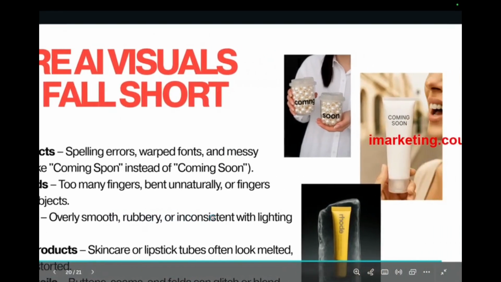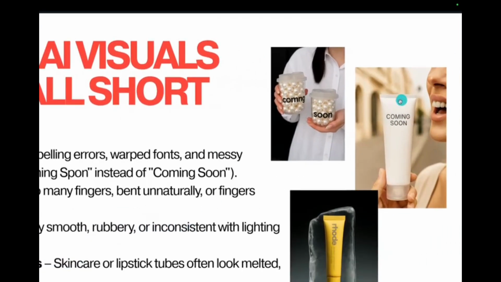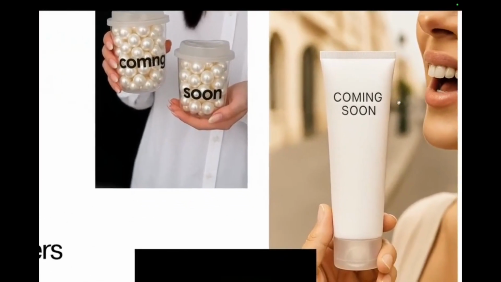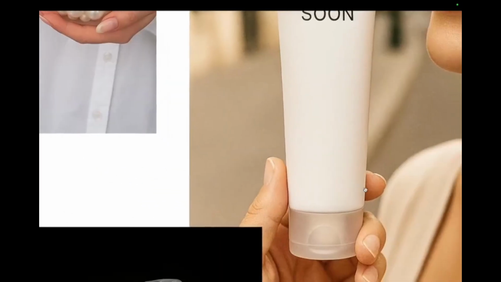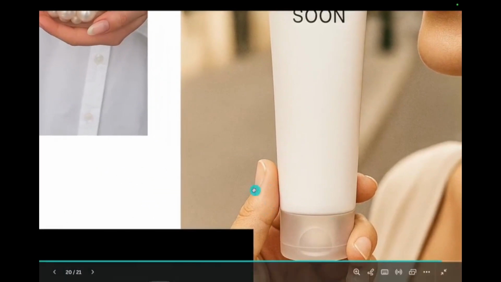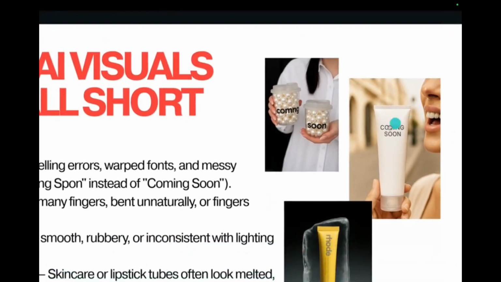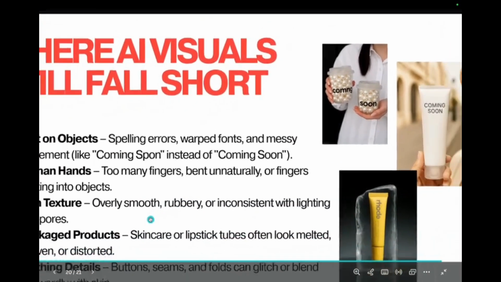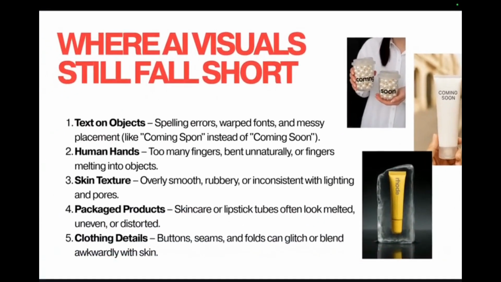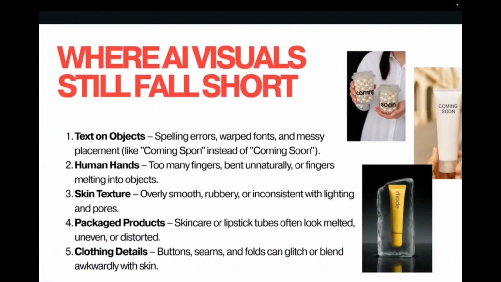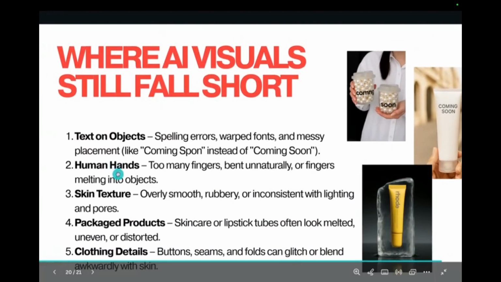Another thing is, of course, texture, human hands. You can see this hand. I don't think it looks realistic. It's not quite there. Something about the hand's gesture, the mouth, I don't know. It's close, but still not the best result. This is why I don't like avatars quite yet. I still want you inside your content. In texture, hands, human hands.